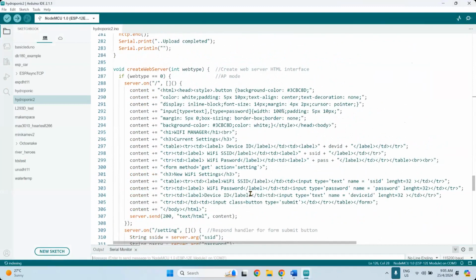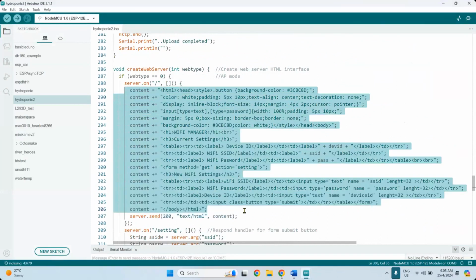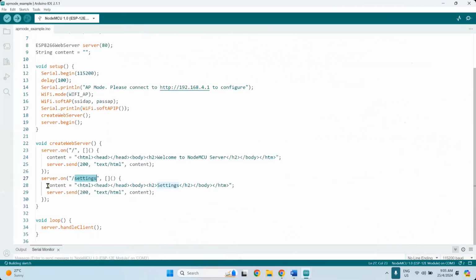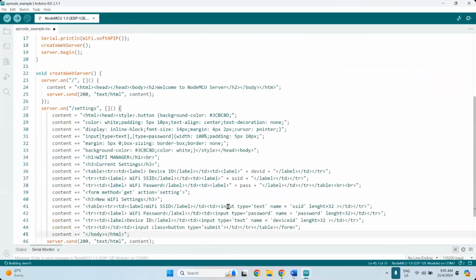You can see there's a long HTML here, and this HTML basically creates a form. Okay, so let's try to see the output of this content. Let me put it here. The content here, I'm going to replace, let's say this content here. Okay, I'm going to paste that.